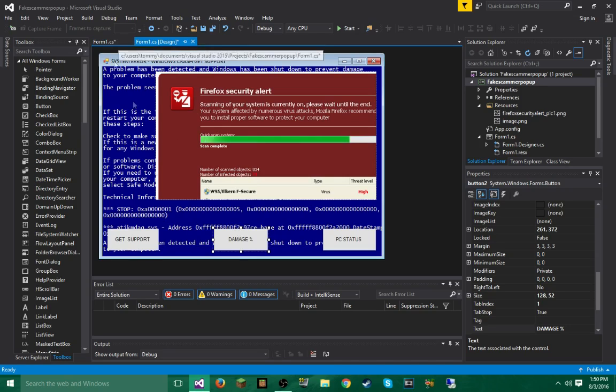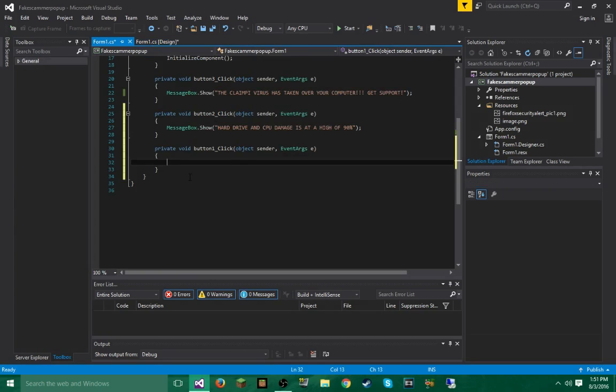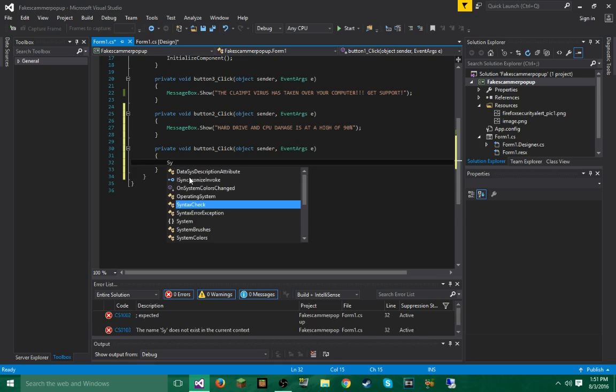And now we're going to do the get support box. We've got to double click on it once again, but this one's going to be a little bit different. It's not going to be a message box. This is going to be opening a link. As I said, you can edit this to your will to open whatever you want. I just don't make it open a horrible website unless you're using this on a VM and you're actually messing with the scammer. So we're going to type system